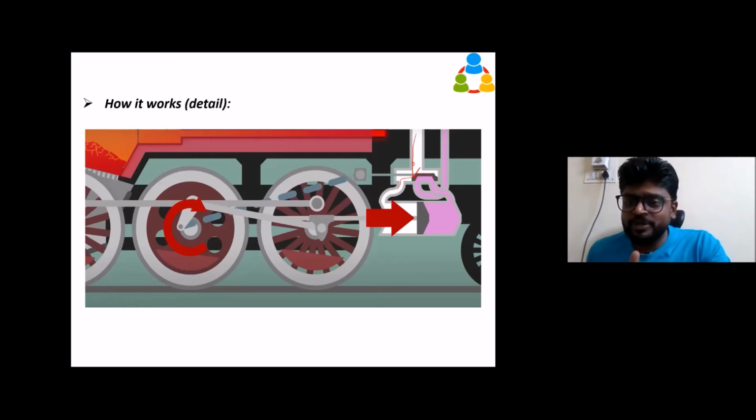Since I am showing part of the cycle and not the initial cycle, some exhaust gas is already there. If you follow the first cycle, nothing will be there, but consider the second or third cycle. So the waste steam, whatever worked-out steam, will be pushed here since the piston is moving forward. And since the valve has moved here, it will connect this to this, and it will go out to the chimney.